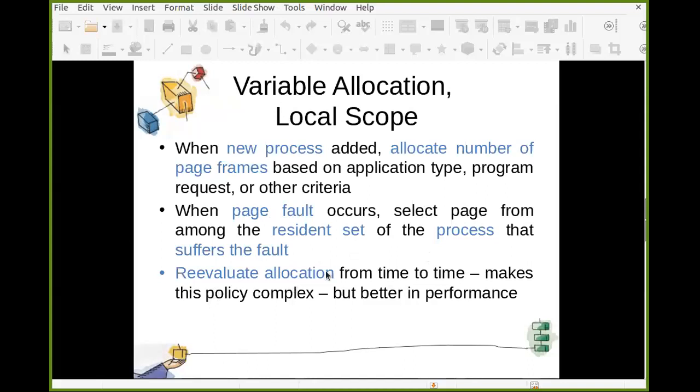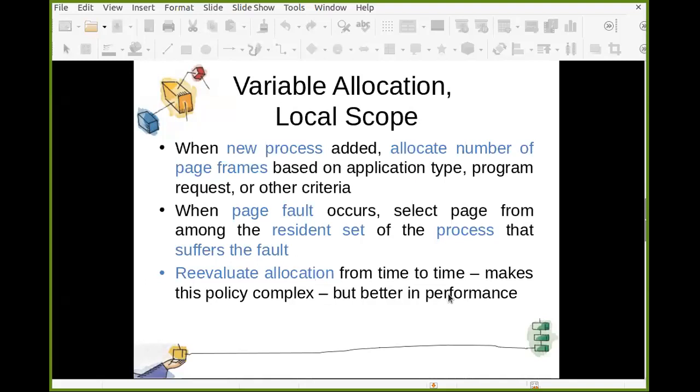Reevaluate allocation. Now the point is, this is variable allocation, so you can increase or decrease page frames allocated, but you don't do that at every page fault. Rather, you reevaluate allocation from time to time, after some fixed time, say 10 minutes or 5 minutes.